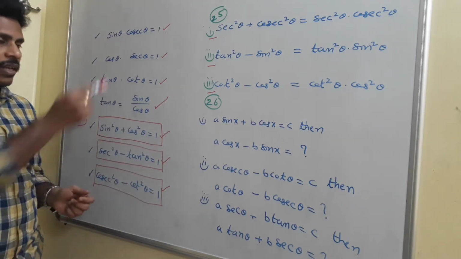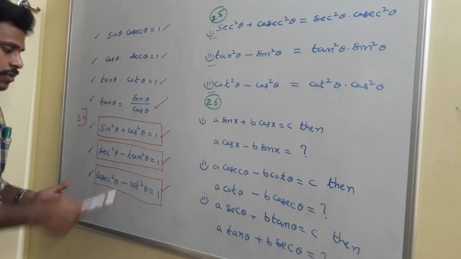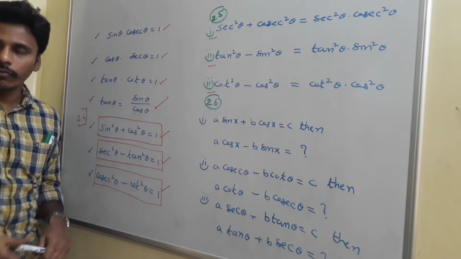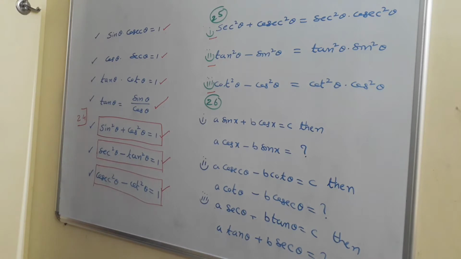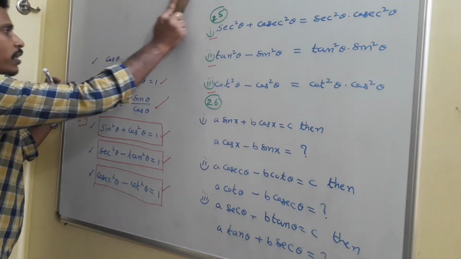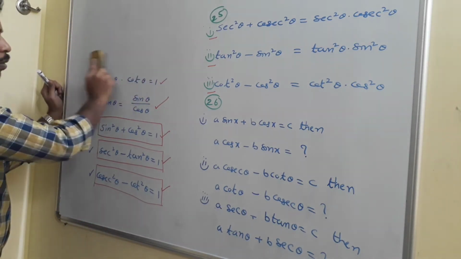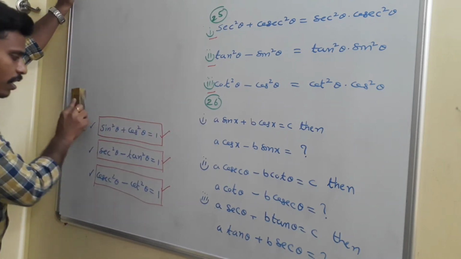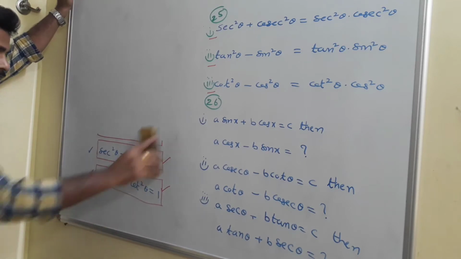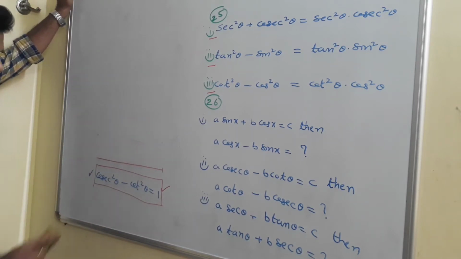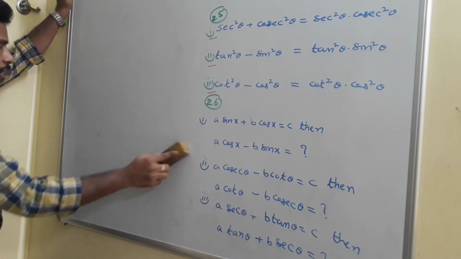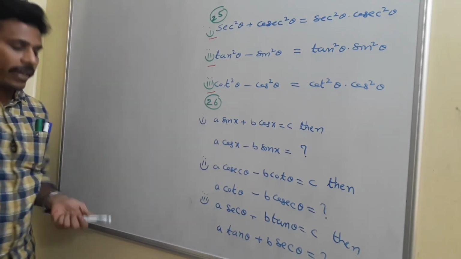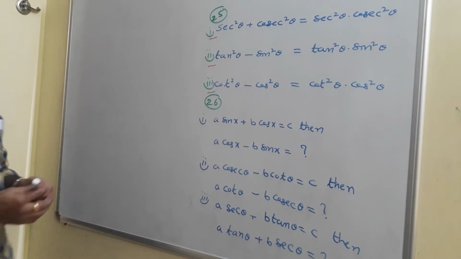Now, I am erasing this. Have a look at this and keep it in mind, and now one by one we need to solve all these problems. So sin theta into cosecant theta is 1, cos theta into secant theta is 1, tan theta into cot theta is 1, tan theta is sin theta by cos theta, sin square theta plus cos square theta is 1, secant square theta minus tan square theta is 1, cosecant square theta minus cot square theta is equal to 1. With all those identities, I am going to prove these problems, okay?